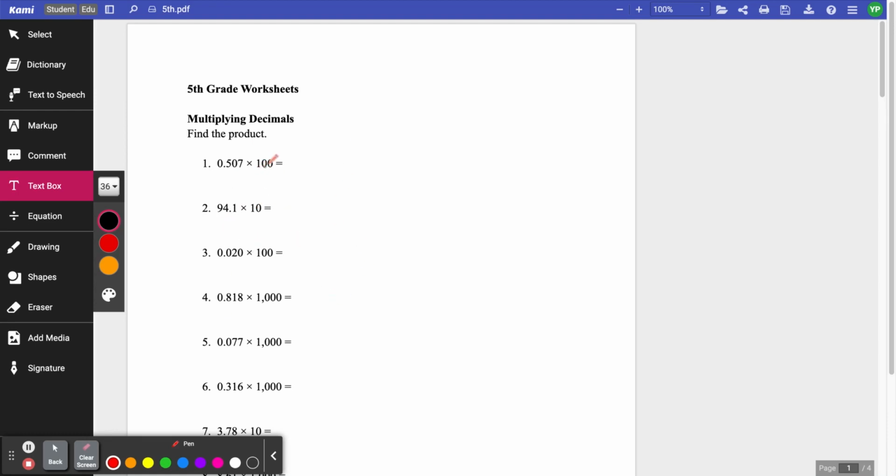So basically, right here, we see a decimal, and we see 100. If you see the two zeros, you look at the zeros, then you move the decimal point 1, 2. This can be 50.7. And for number 2, we see 10, so we move it 1, so it's going to be 941. 100, so we move it 1, 2, so it's just going to become 2. 1,000 is going to be 1, 2, 3, so it's going to be